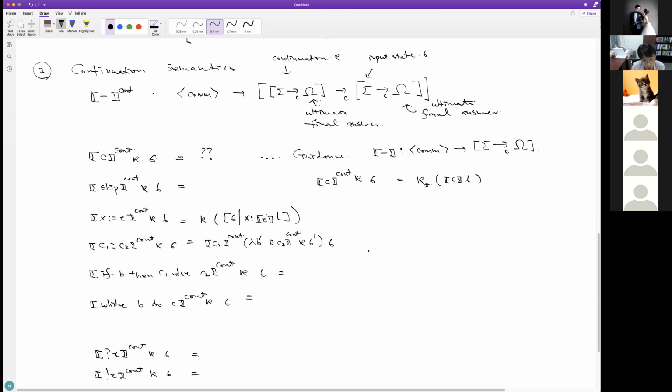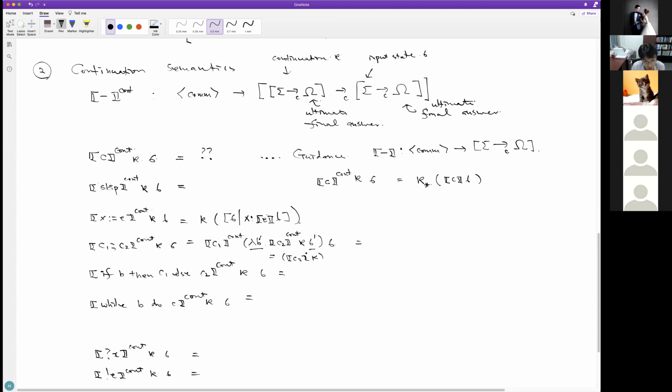If you want to be more abstract, having the lambda sigma prime and applying it directly is the same as just partially applying the function C2 kappa.